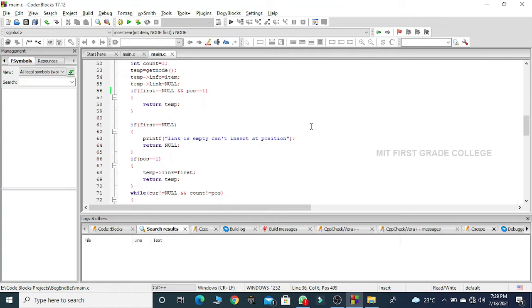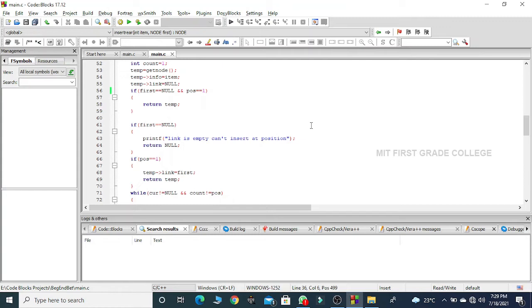And if I choose the position as 1, because that will be the first node inside my linked list, I return the value of temp, which is holding the address of the newly created node. Because I am returning the value of temp, that will be assigned to the first pointer in the place where I am calling this function. So now that node will be the first node inserted inside my linked list.